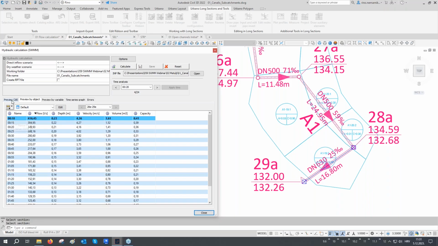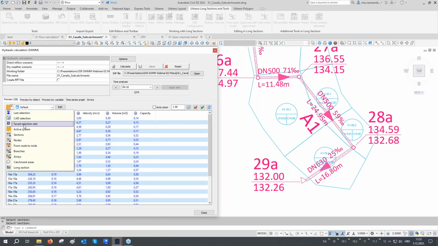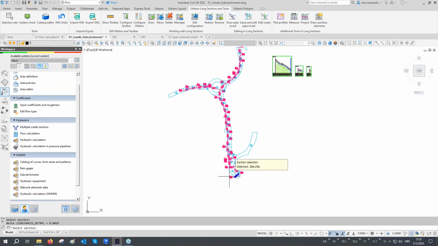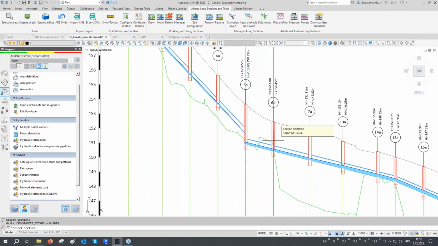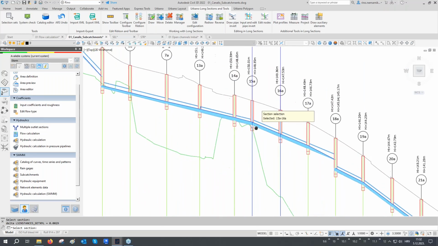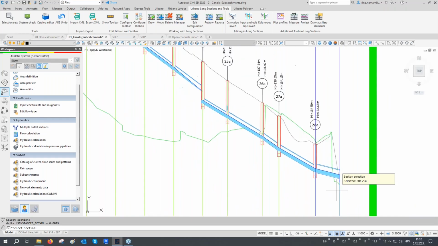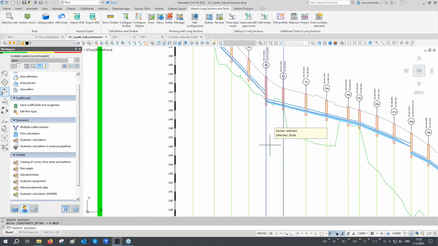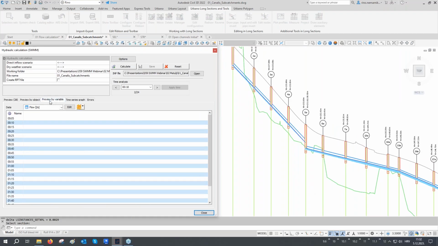So now maybe we can go back to the standard preview, and from this drop-down list, we can select the 10 minutes. And when we click apply, those values will be applied in the drawing. So let's check our profile. And now we can see the results that are saved for the peak flow of the last section. Okay, let's now close this preview like this, and let's switch to the third type of the preview, which is